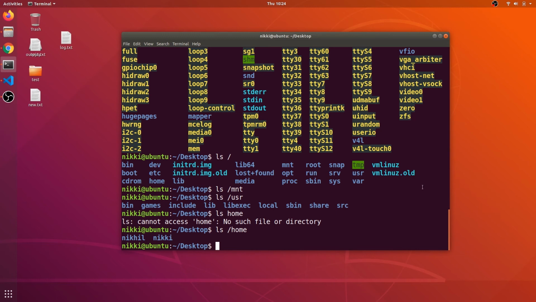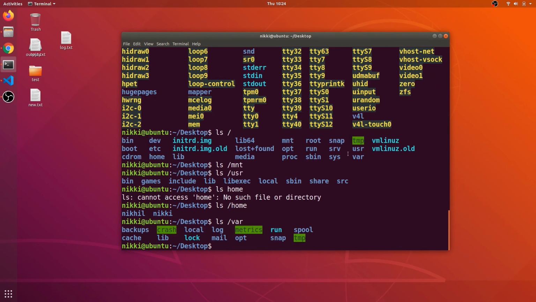So finally we will discuss the var directory. In the var directory you will have the backup files and some other important files. Inside backups you can have the etc passwd file backup and also the shadow file backups, and cache contains some local cache, and lib contains some libraries. Whenever any software is installed, these folders get populated during the installation. As you can see, there is a lock folder.